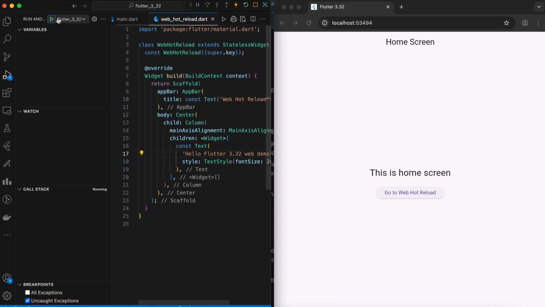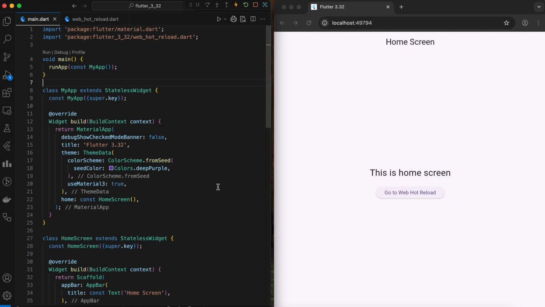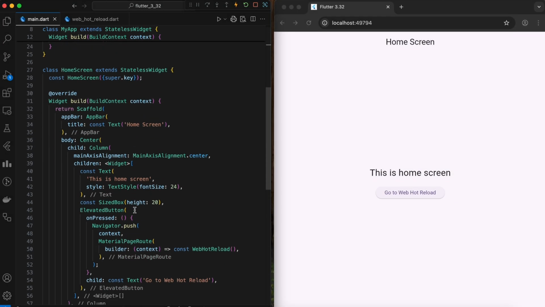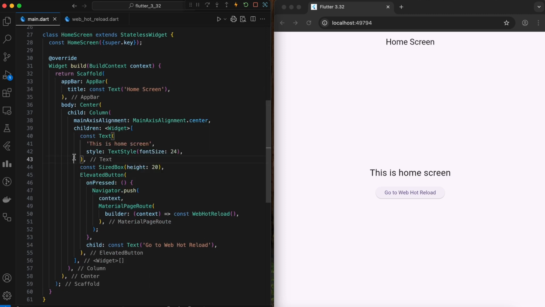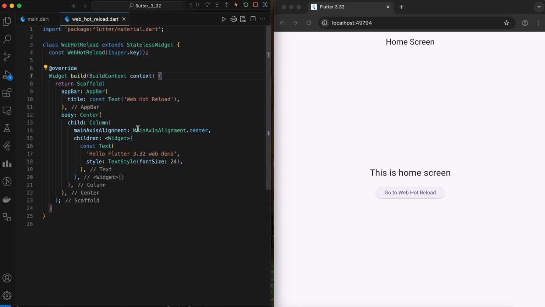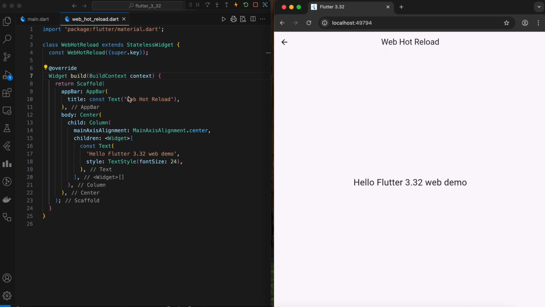Run your app using this configuration. Now let's see this in action. I have a very basic Flutter web application running here. The home screen is the home route, where we have this text, "This is the home screen," and a button to navigate to another screen called Web Hot Reload. In this nested screen, as well, we have a simple text widget, which we will update to see how hot